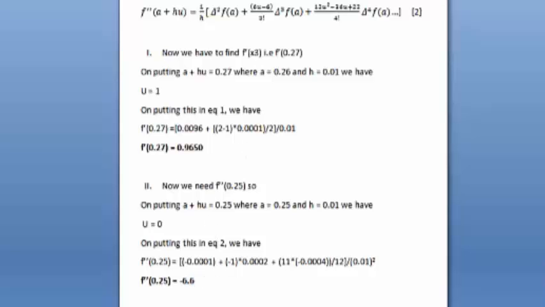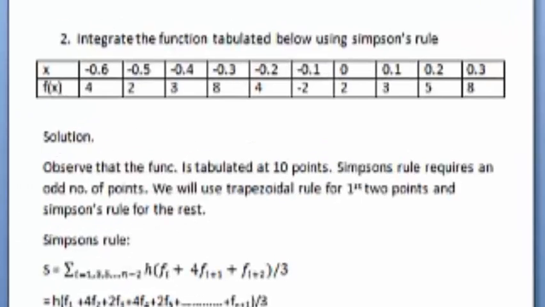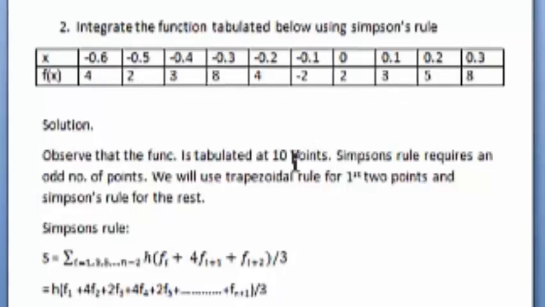Now moving on to the second question. The second question was to integrate the function given below by using Simpson's rule, where the values of x and f of x are given. Now to solve this, we know Simpson's rule only applies to an odd number of points. Here we are given an even number of points, so we are using two rules, that is the trapezoidal rule and